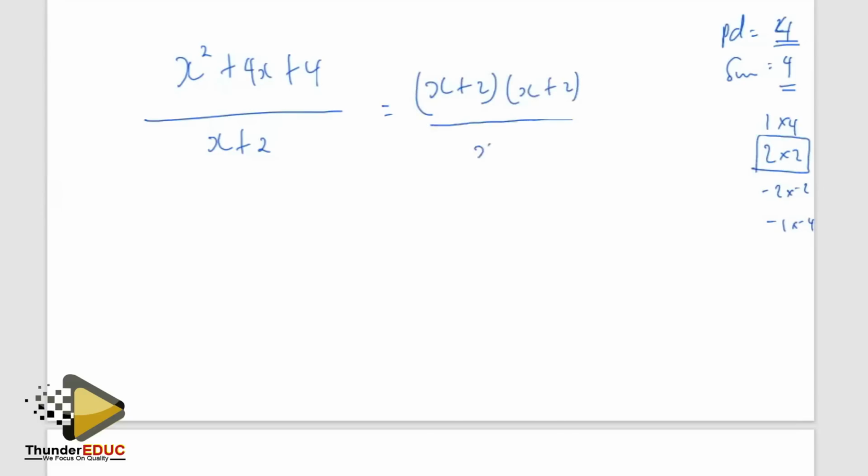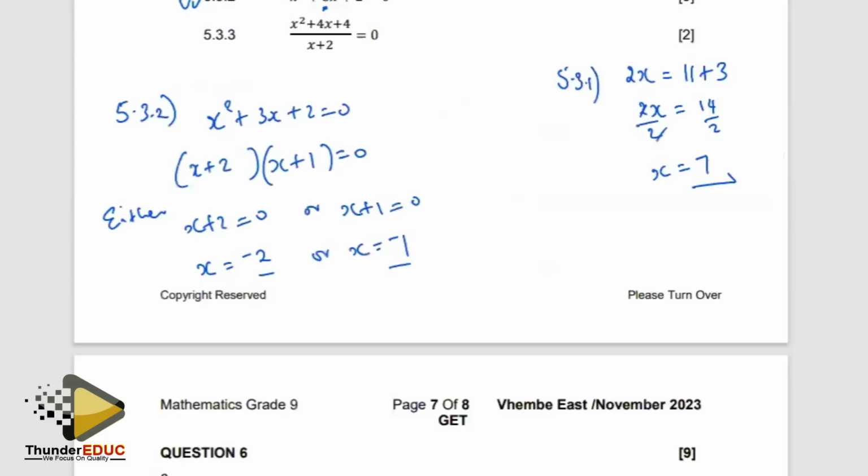I'm dividing by x plus 2. This is equal to 0. So this bracket can cancel one bracket out. Then I have x plus 2 is 0. And then when I take the 2 that side, x becomes -2. Okay, so that is